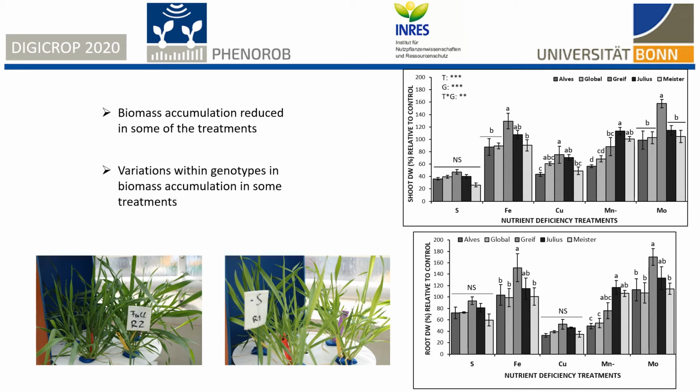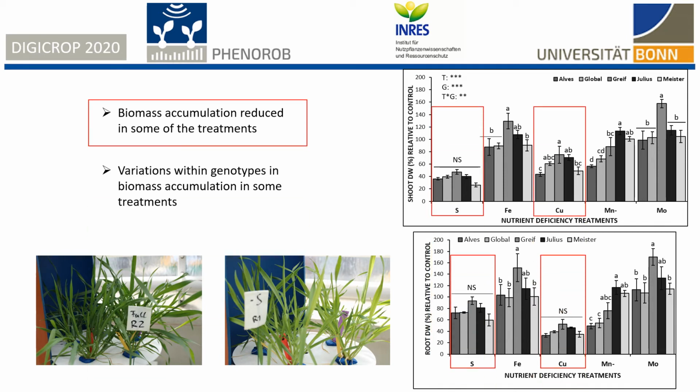These two figures show shoot dry weight and root dry weight accumulation in different wheat genotypes in response to nutrient deficiency treatments. As you see, sulfur and copper deficiency reduced shoot and root biomass accumulation, which is highlighted in the red rectangle. As you see in the photo,